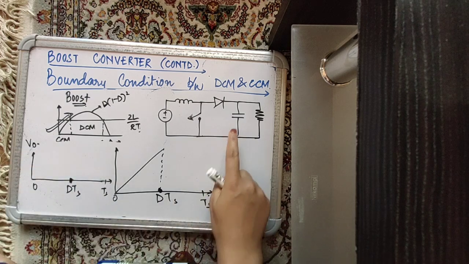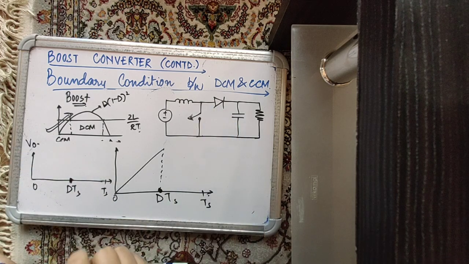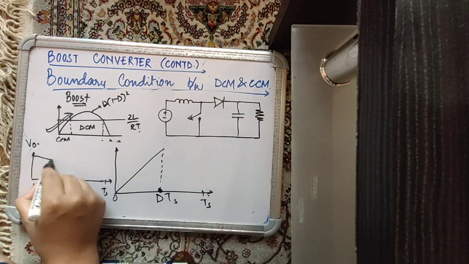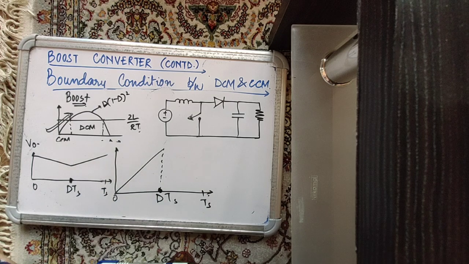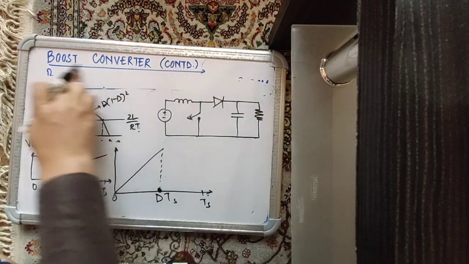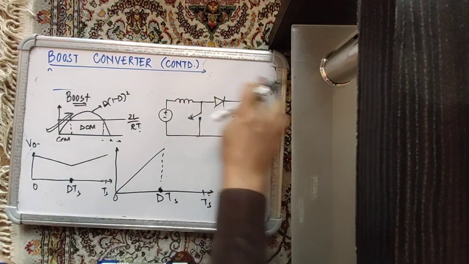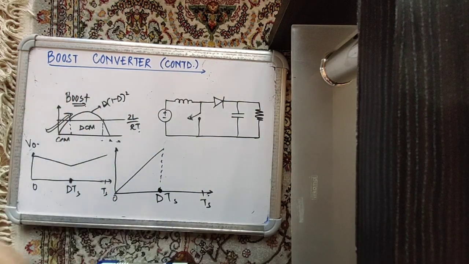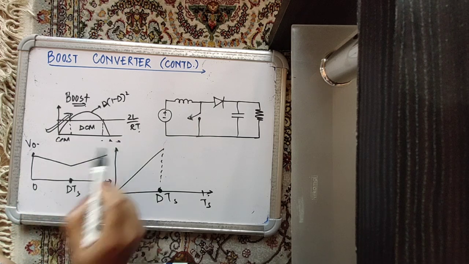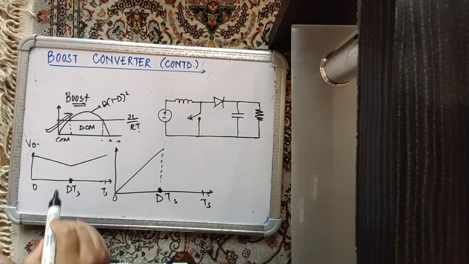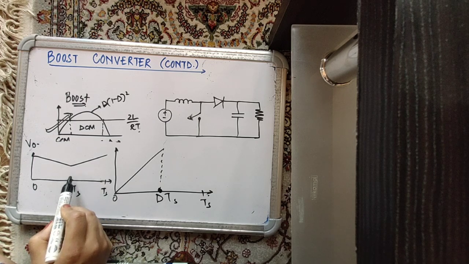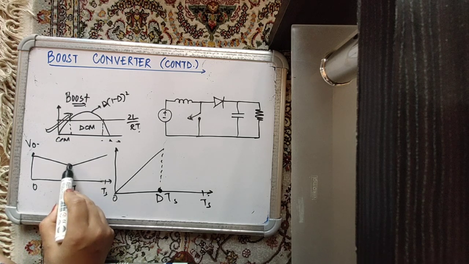अगर आप कैपेसिटर वोल्टेज की बात करो या V0 की बात करो, पहले आपके पहले इंटरवल में कैपेसिटर इज लूजिंग एनर्जी, and then it is gaining energy. हमने पहले भी we have done that. It's not the boundary condition we are talking about, we are talking about normal. अगर हम assume करते हैं कि आपका कन्वर्टर CCM में है, तो पहले आपका कैपेसिटर रिलीज करेगा एनर्जी, देन इट विल गेन एनर्जी. नाउ जैसे जैसे आप डी को बढ़ाते हो, वैसे वैसे आपका जो कैपेसिटर है वो ज़्यादा ज़्यादा